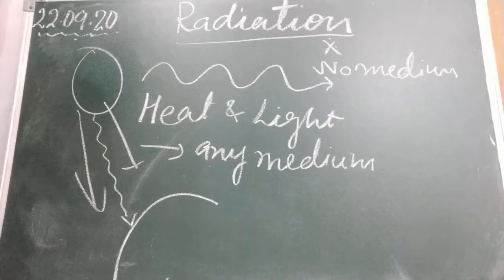And we are bodies, and we absorb this radiation, and other bodies which are exposed to this light, they all absorb this radiation. The amount of heat energy that is absorbed by the body depends on its color. If the body is dark, it will absorb more heat, and if the body is light colored, like, as I told you already, two boxes are there. One is white, one is black. So which one is going to absorb more heat? The black one. So it depends on color.